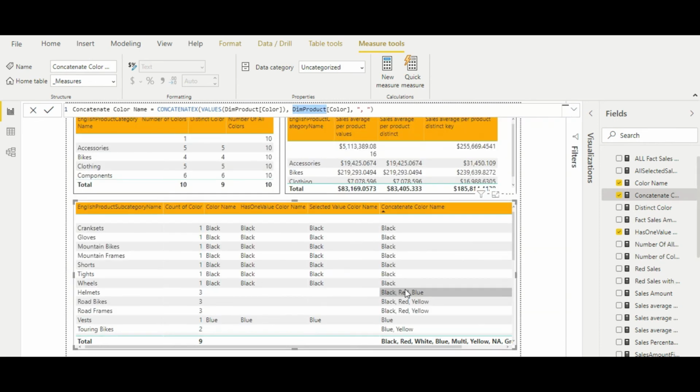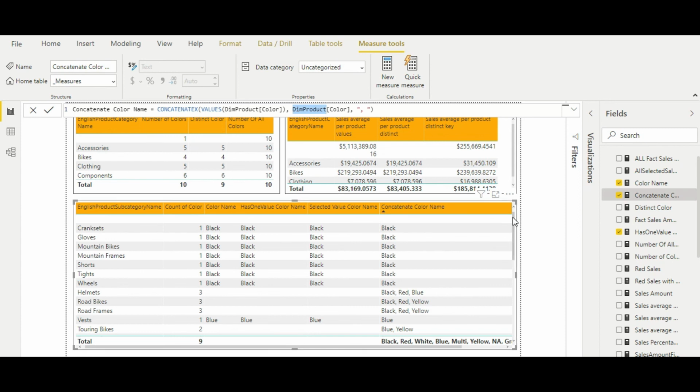As you can see here, where we were seeing the blank value, now we are seeing the actual values because there were more than one. Now we are concatenating them and returning a scalar value. This is not a table or a single column, so this is a scalar value because now it is a string.